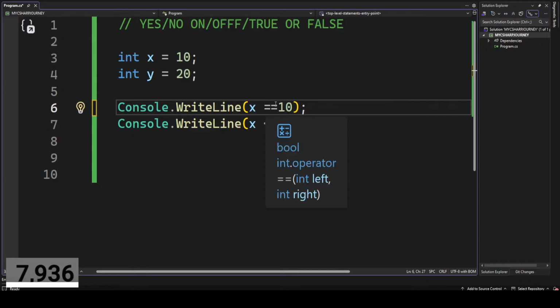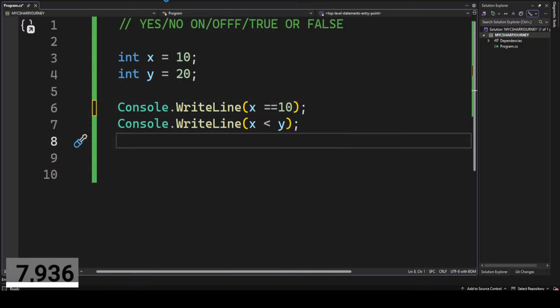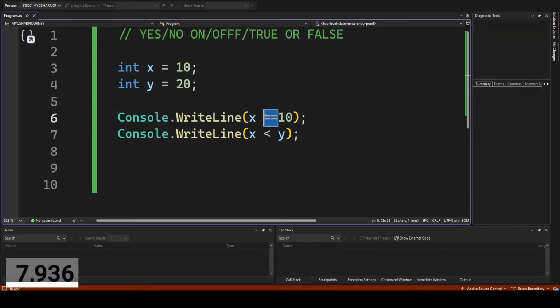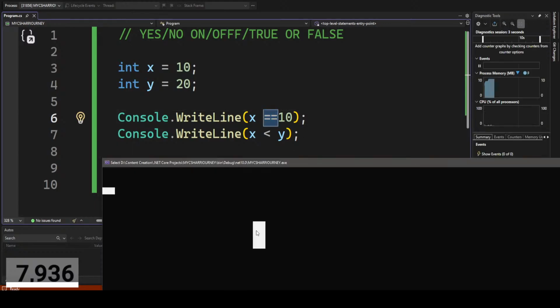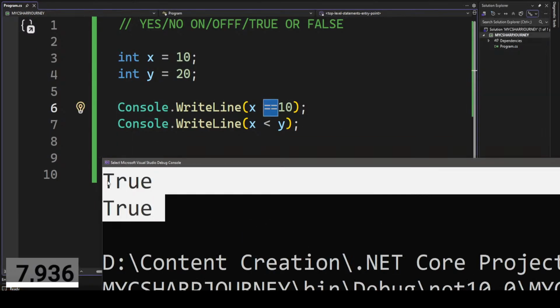So you can imagine, we are now comparing whether x is 10. This will return true because the value of x is actually 10. So if we just do that and run, you can see we are using double equals. Take note of that. So here you can see it is true. So that means if x is actually greater than,